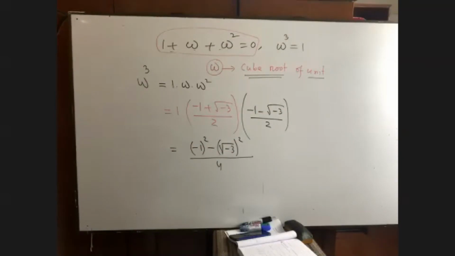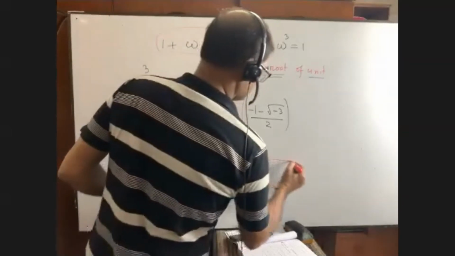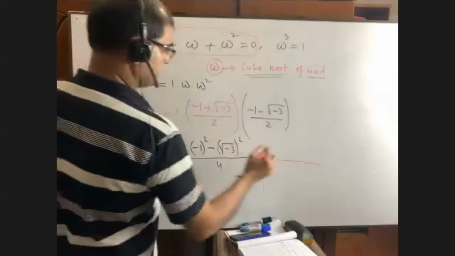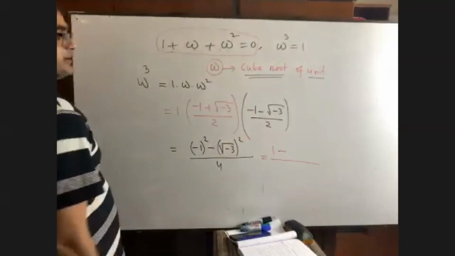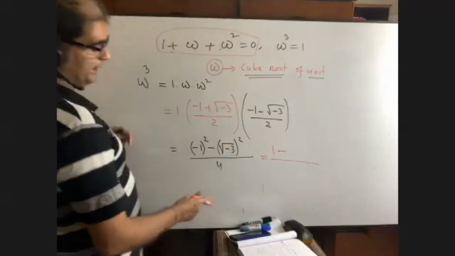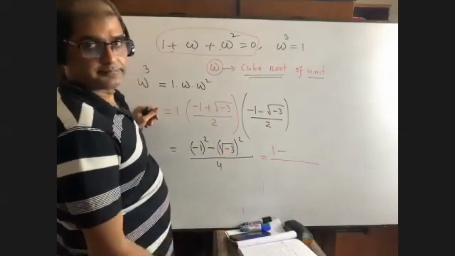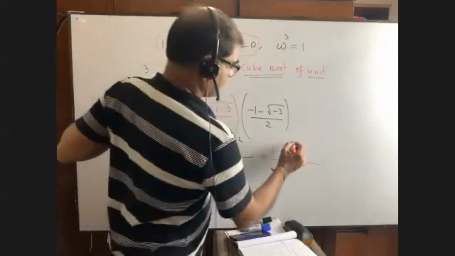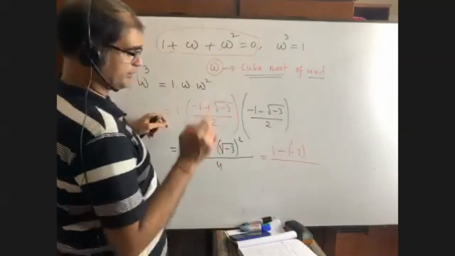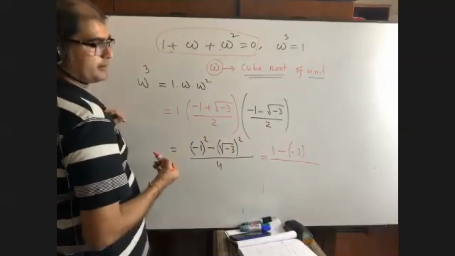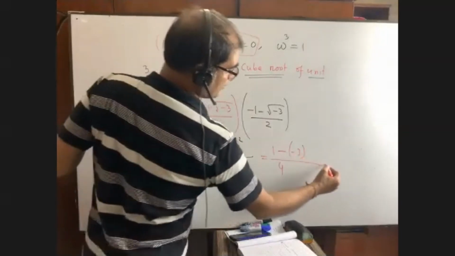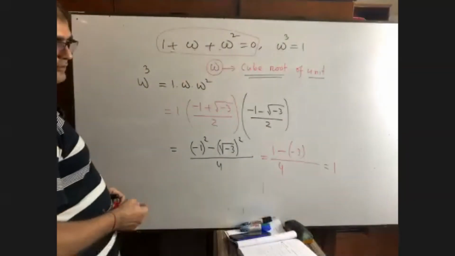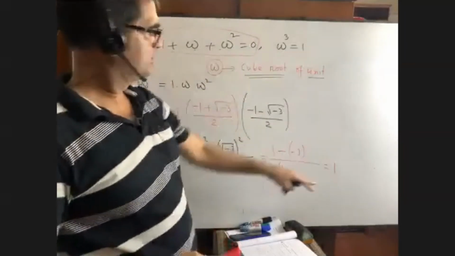Okay, so you calculate it. -1, so it is 1. Then here it is minus. Can you please tell me what is the value here? If we calculate it, what will be the value? -3. Yes, -3. Interesting fact: these 2 and root will be omitted. So we will be left with only -3 by 4. Now, if we calculate, the value is 1, right? So we have got omega cube equals to 1.